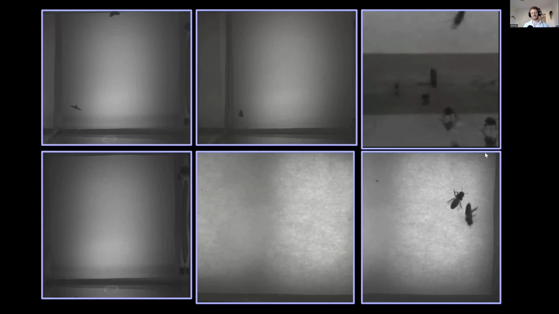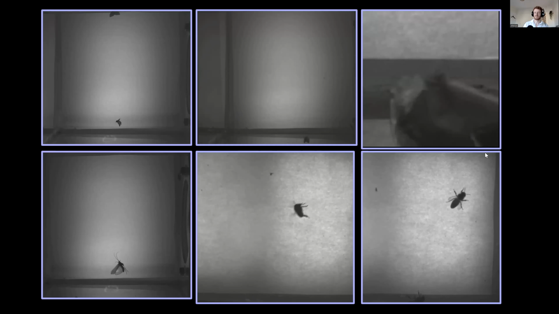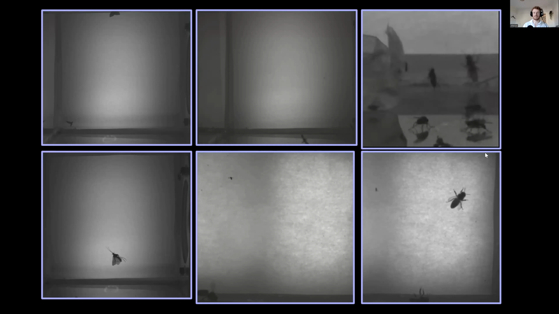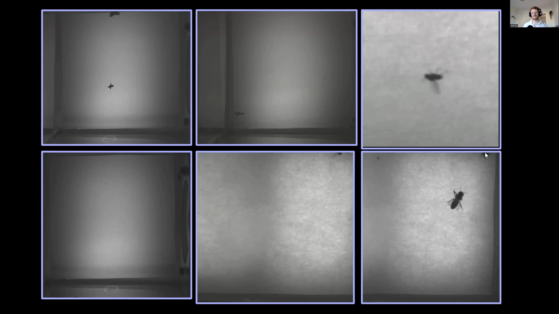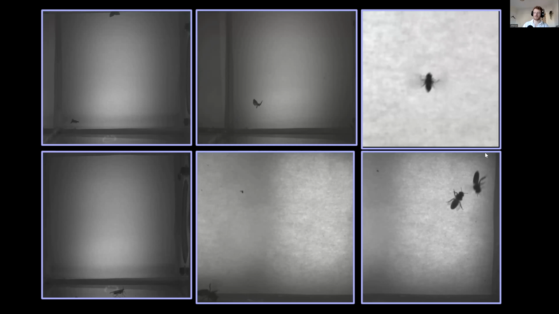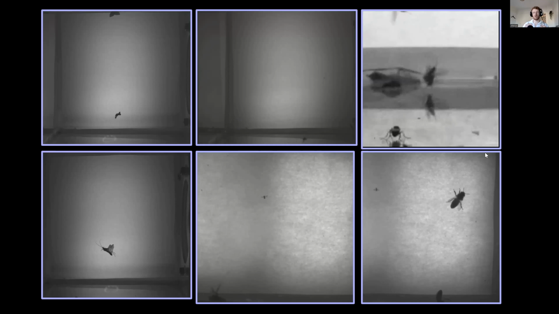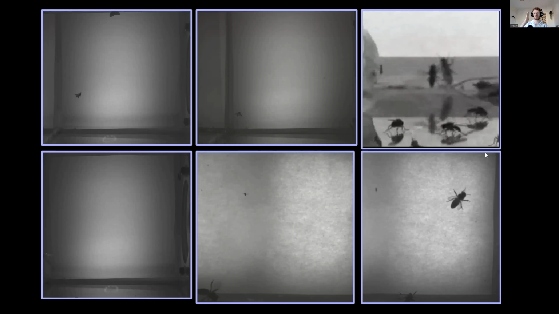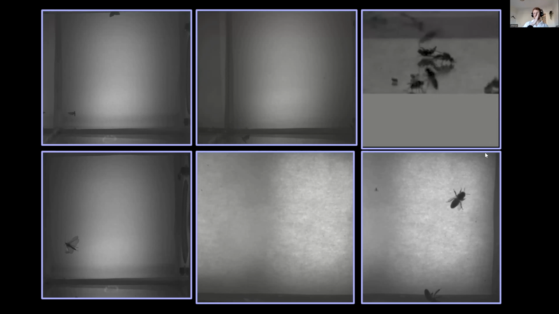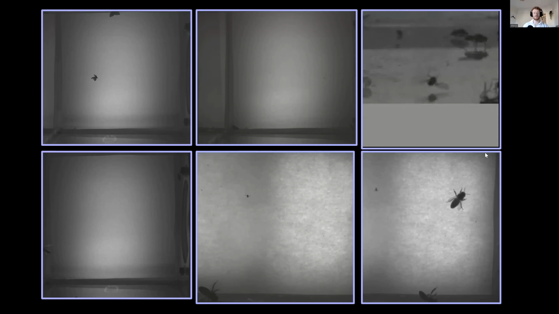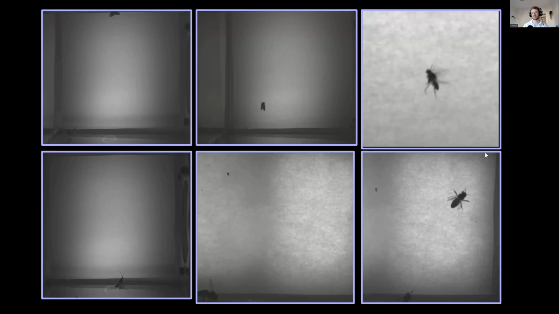But that's weird because they do fly to light traps in the field. Now, the fact they just completely ignored our light traps indoors in the lab doesn't argue against our hypothesis. It just suggests it's far more complicated. That some insects at some times are switching off this response, and then at other times they seem to be engaging it. And that might be something to do with how fast they're flying or different types of flight. Because the hawk moth, when it's flying indoors, has this very vertical posture. But actually in the field, when they start flying fast, they go horizontal. And maybe that makes them more unstable, and maybe then they start paying attention to where the light's coming from. That's purely conjecture. We don't know yet.